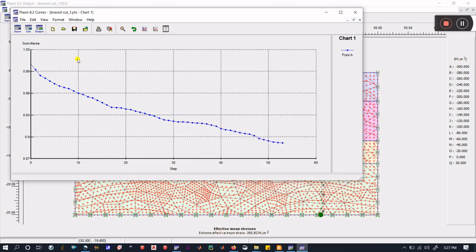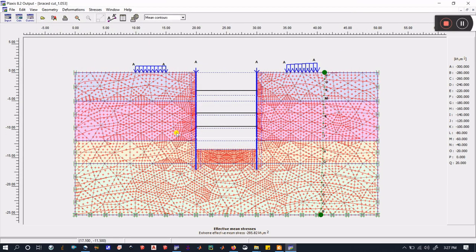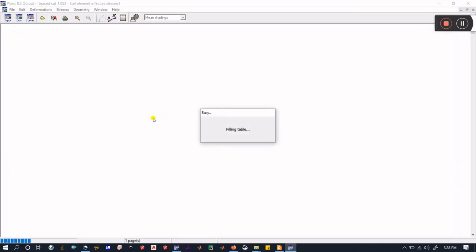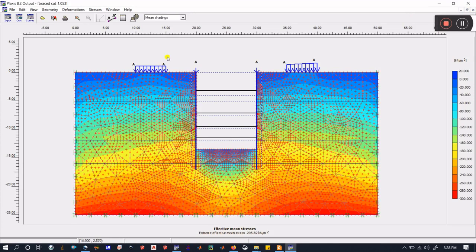I've done the plastic analysis. If you do a consolidation analysis, then you'll also see the curve for pore water pressure and everything, and so on. You can save this curve as a picture, and you can use it directly. So okay, that's I think pretty much it I had for today. And in this way you can extract all your results. Here also, if you click on this table, it will show you the different displacements and stresses at different levels. So it will provide all the numerical values which you wanted to use, and then you can extract your desired result.